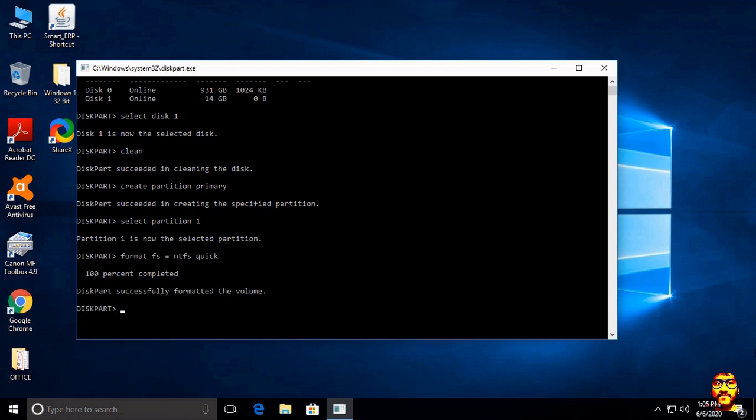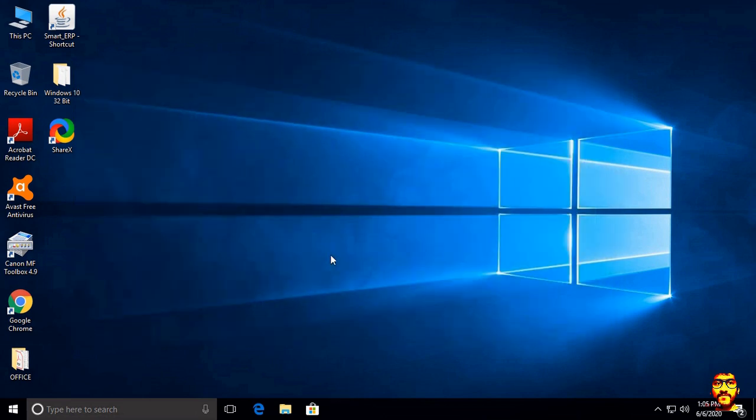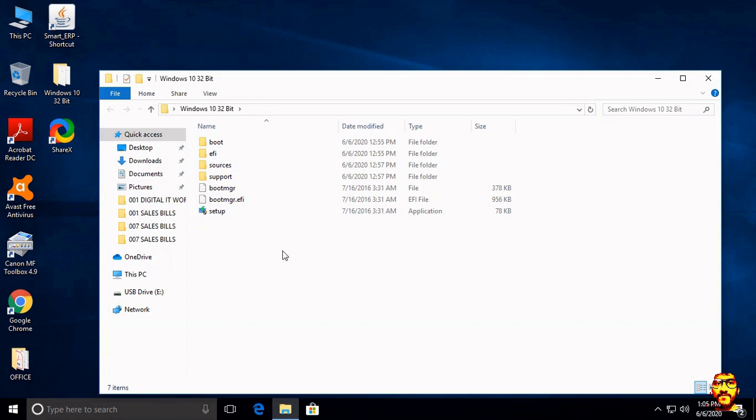Once this is over, we will go to our next command, which is active. You have to type active. Press enter. We have finished our work. Now we have to exit from the window. Just type command exit. Now go to your Windows folder, select the whole content,